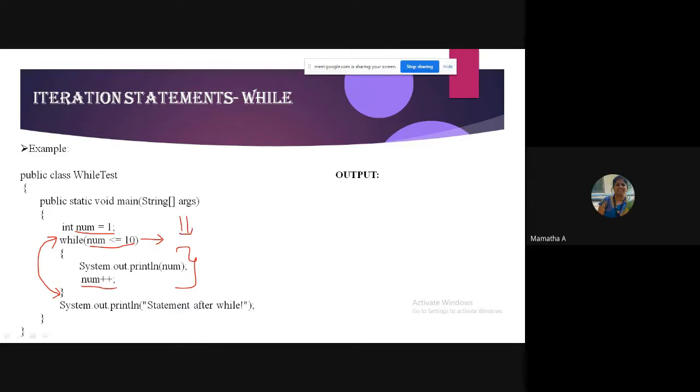You can observe that the condition is checked 11 times, wherein 10 times it is evaluated as what? True. The first 10 will be evaluated to true, and the last one will be evaluated to false.